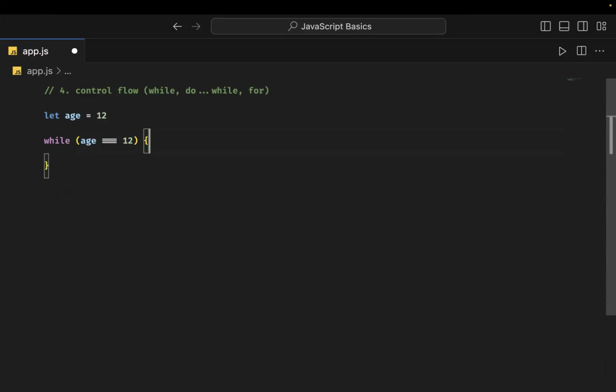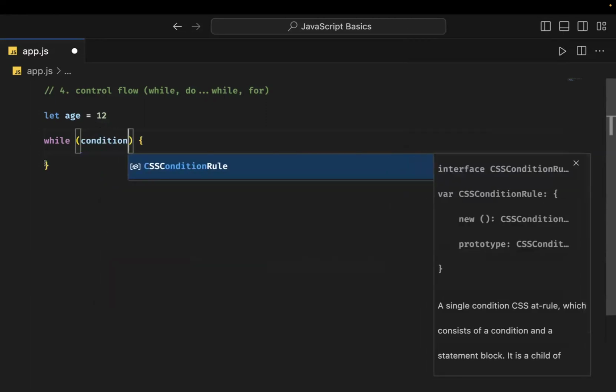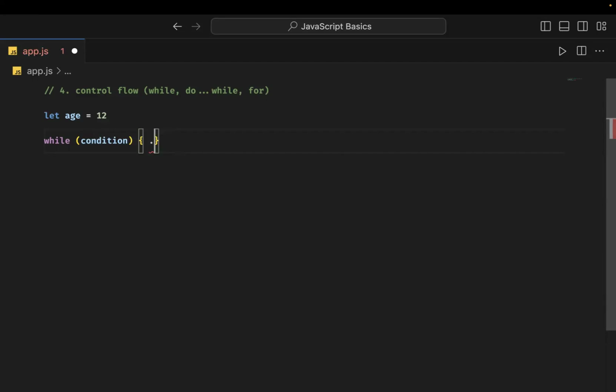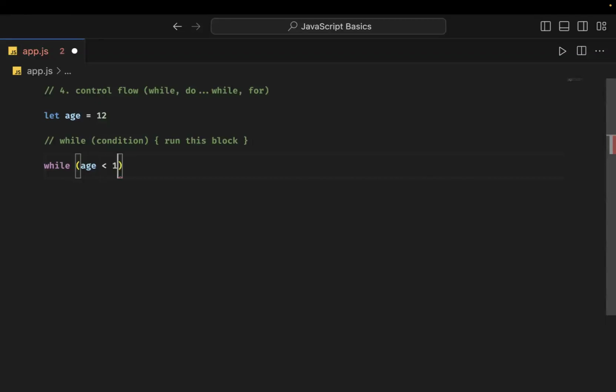So this is the syntax. Let me write the syntax so that those who want to copy can. You do this: run this block. Then I'm going to comment it out. So we have the condition now. The condition is age equals 12. Now let's say as long as age is less than 15. So while age is less than 15, we want to